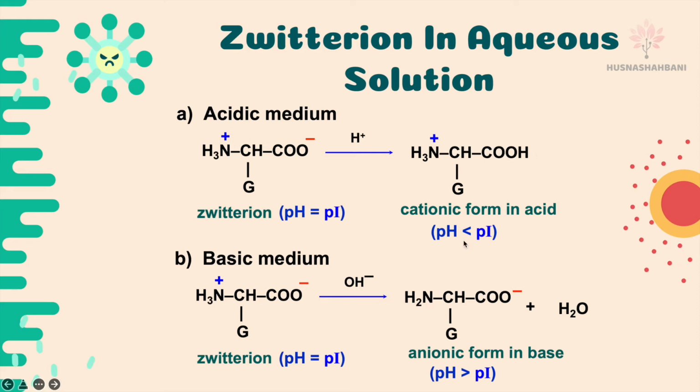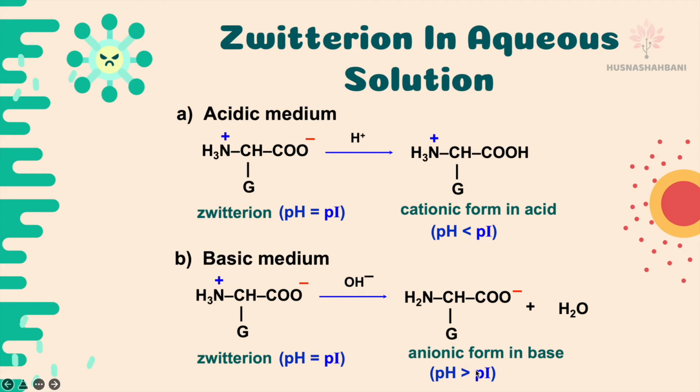It's COOH. For basic medium, when there is the presence of OH minus, this Zwitter ion has the ammonium cation part. This OH minus can receive 1 H plus from here to form a bond with the OH minus. It will become H2O. The carboxylate part remains unchanged, but it receives 1 H plus from NH3 plus, which becomes water. This is when pH is more than pI,